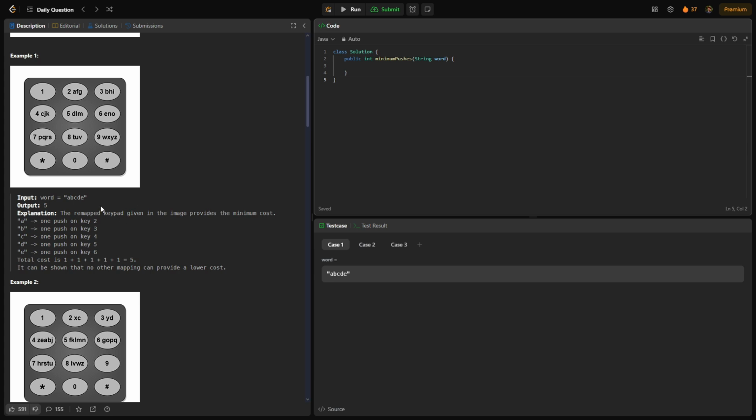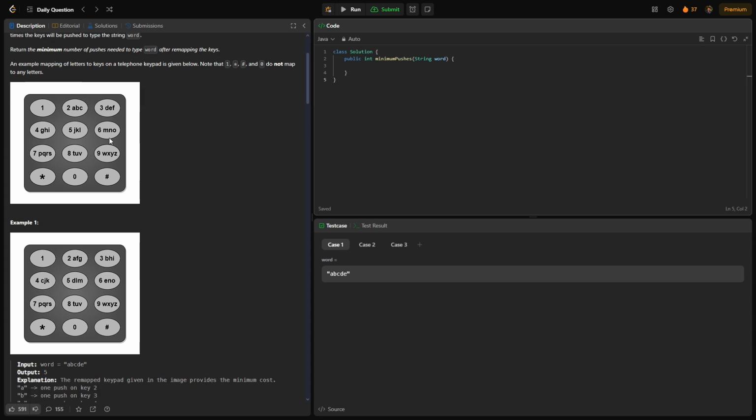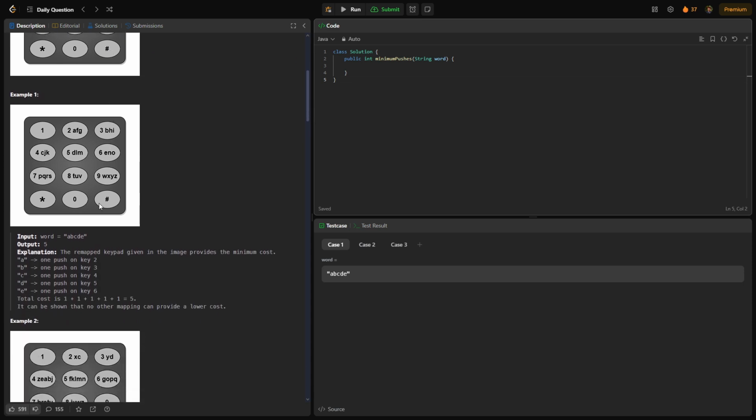So let's look at the example. For our input word, we have A, B, C, D, E. Typically, the number 2 would have A, B, C, and number 3 would have D and E. However, because we are able to remap the keys, we want to put each of these letters on their own number so we don't have to push a number multiple times. So we could do 2 once, 3 once, 4 once, 5 once, 6 once,